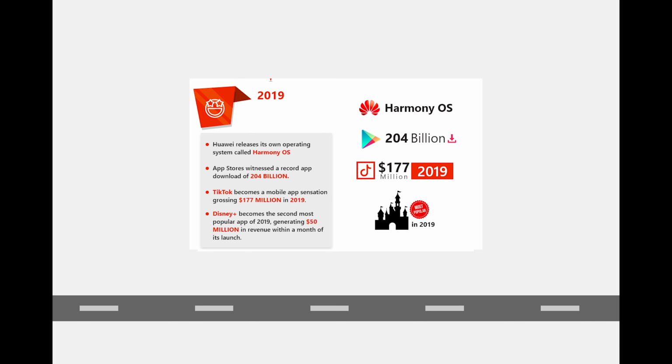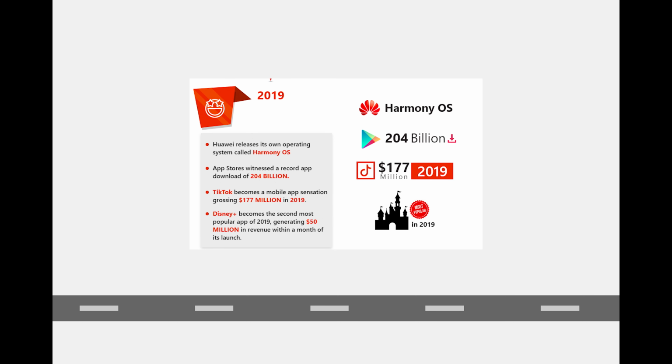And TikTok at the time, we started to see the emergence of TikTok, and it managed to cross over $177 million during that year. And Disney became the second most popular app of 2019. It also generated about $50 million in revenue.